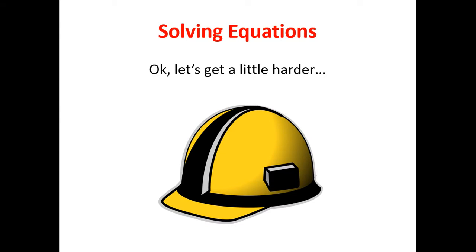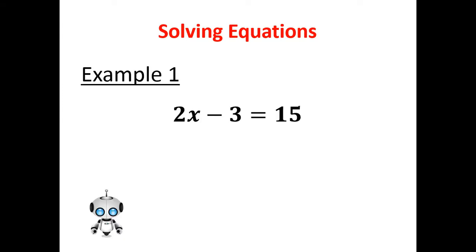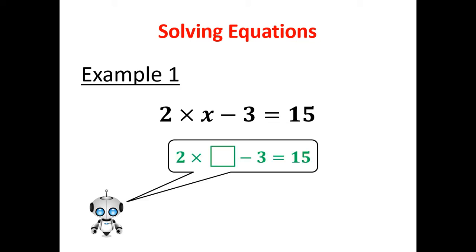Okay, we're going to get a little harder. Example 1. 2x subtract 3 is equal to 15. This means 2 times the number x subtract 3 makes 15. So 2 times something minus 3 is 15. Now some of us can guess, but we're going to show you a strategy that will help solve this problem